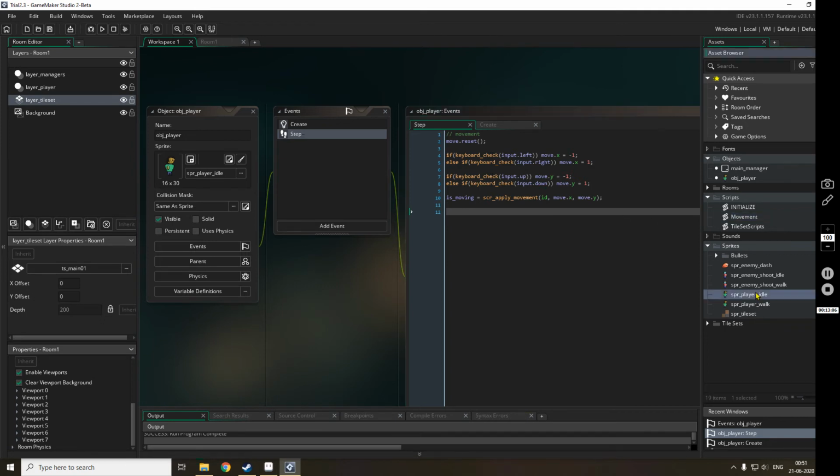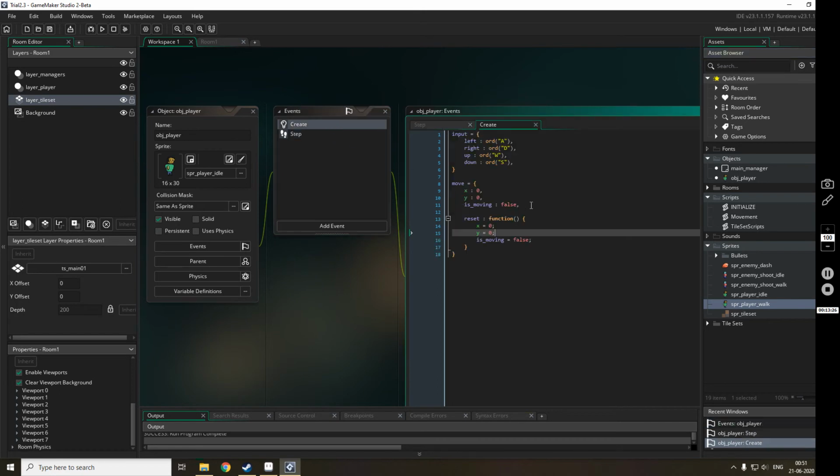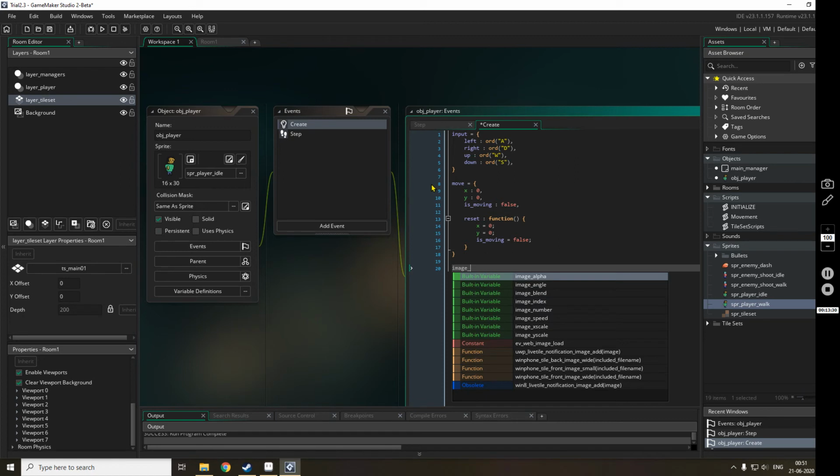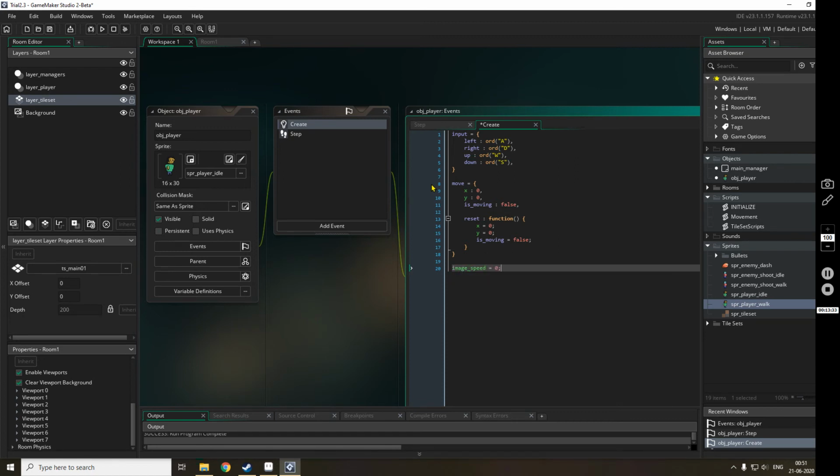We have basically two sprites of the player. First one is idle and second one is walk. So as the name suggests, we have to put the idle animation in time of when he is not walking, and put the walk animation, walk sprite, when he is walking. So initially we will just set the 0.3, and now